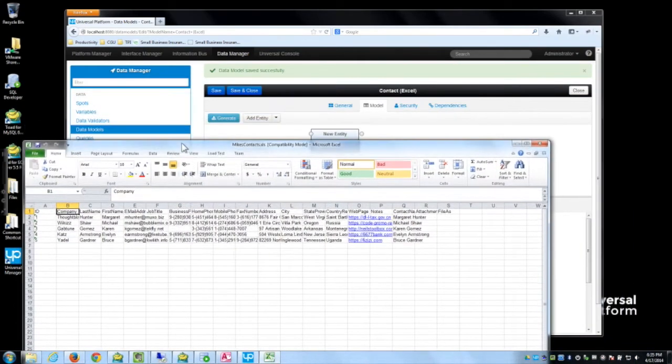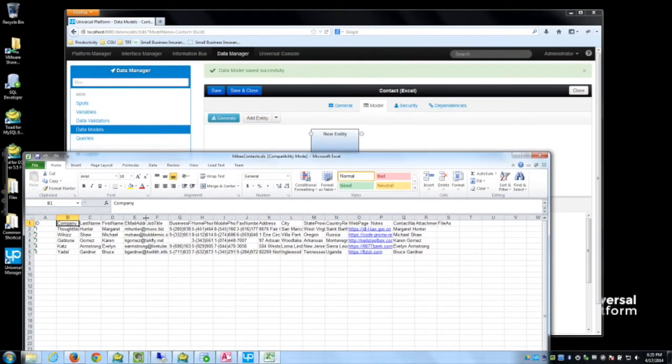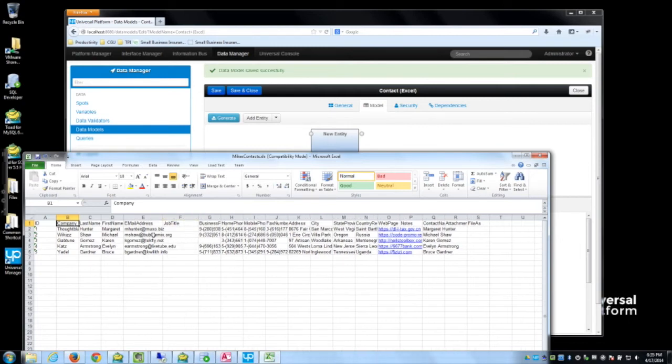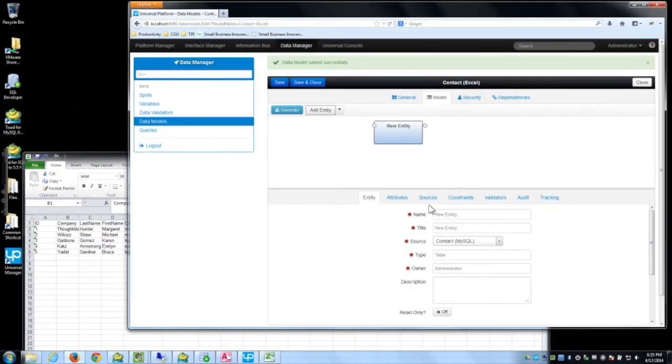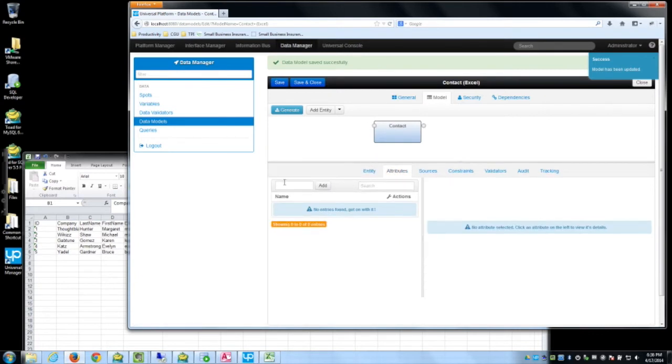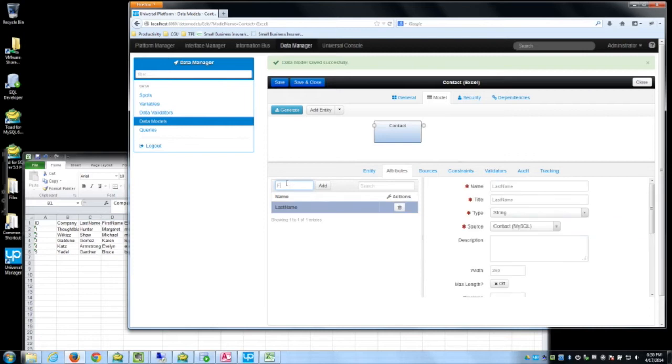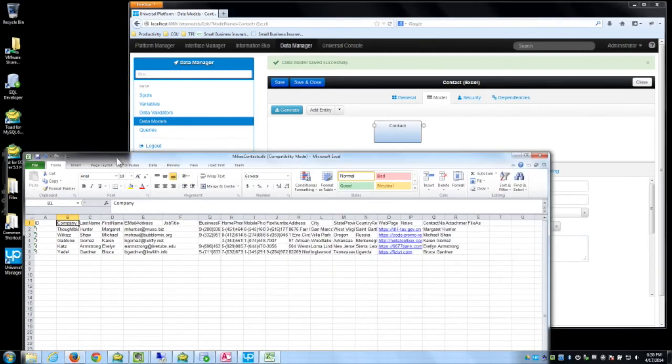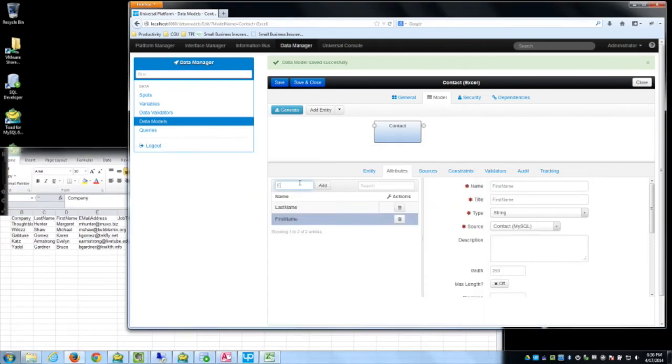So I'm really only interested in the first name, the last name, the email address, and the job title. So what I'll do is call this contact as the name of the entity. I'll give it a title, contact. Its source is Excel, and it's a type of table. From here I can then just quickly create the attributes, so it's last name, it's then first name, I then need email address,